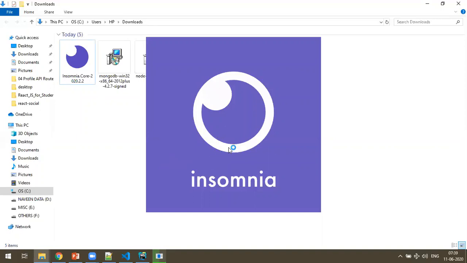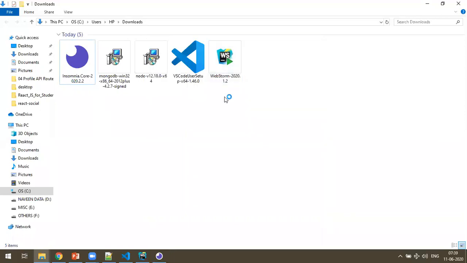So this does the automatic installation. You don't need to check any options or anything. It does everything internally by itself. Okay, it's done.